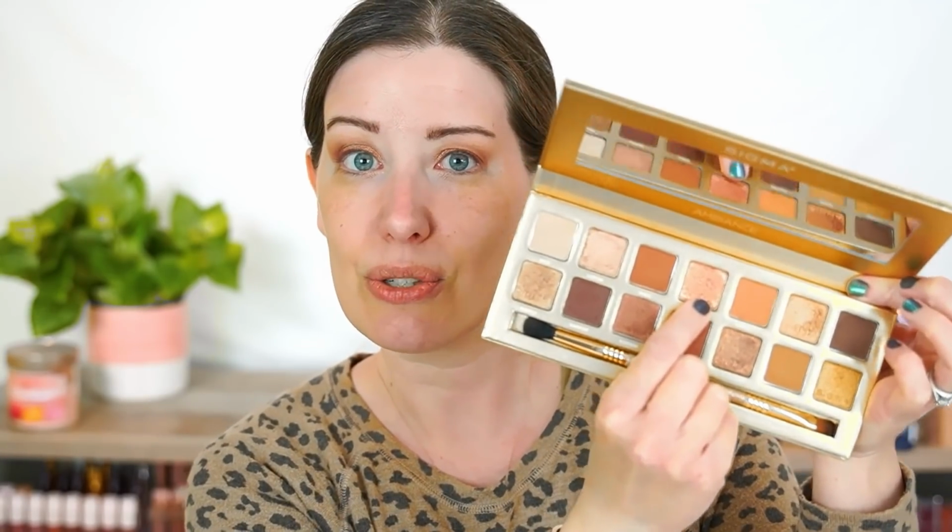Wow, that shade is really pretty. I'm also going to top it, I think, with this topper shade called, what is this called? Marigold. This one right here. It just looks so beautiful. It's kind of like a rose gold. So let's just kind of pop that on top. Oh my gosh, that is so pretty. It just kind of warms everything up a little bit. And even though it's a topper, it's so easy to pick up. It's not one of those toppers that is kind of pressed into the pan and you really have to dig